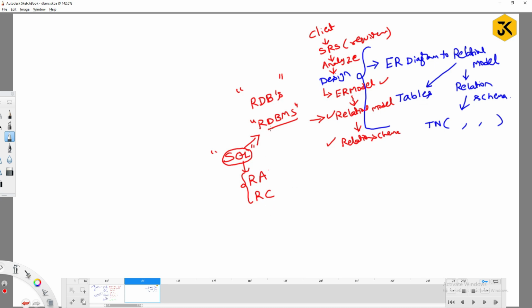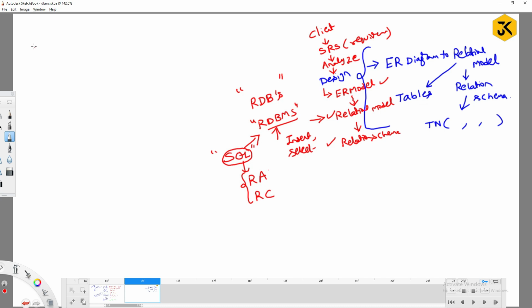Meaning that if you would like to perform some kind of operation like an insertion operation, or some kind of operation like selecting or gathering data from the database, you have to write an SQL query, right? How are you going to write the SQL query? Based upon some mathematical logic. All those mathematical logics are represented in relational algebra. The alternative for it is also relational calculus.